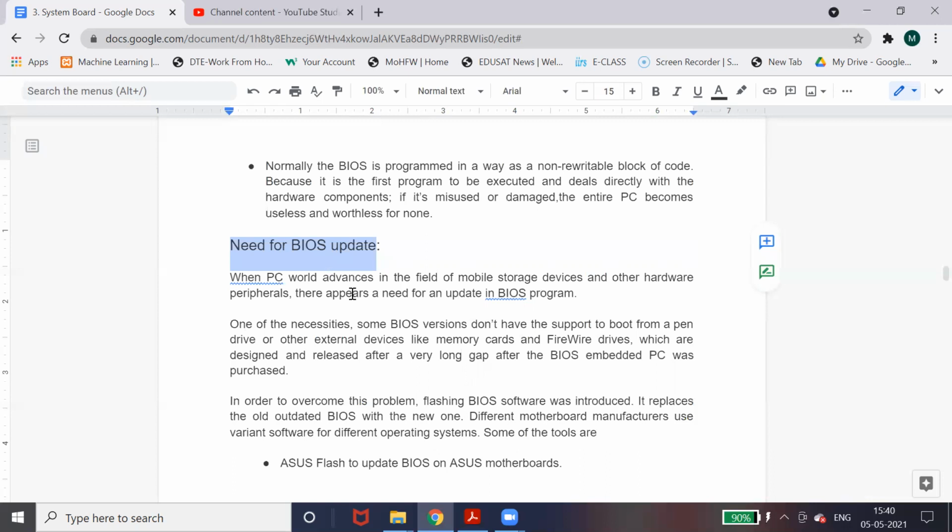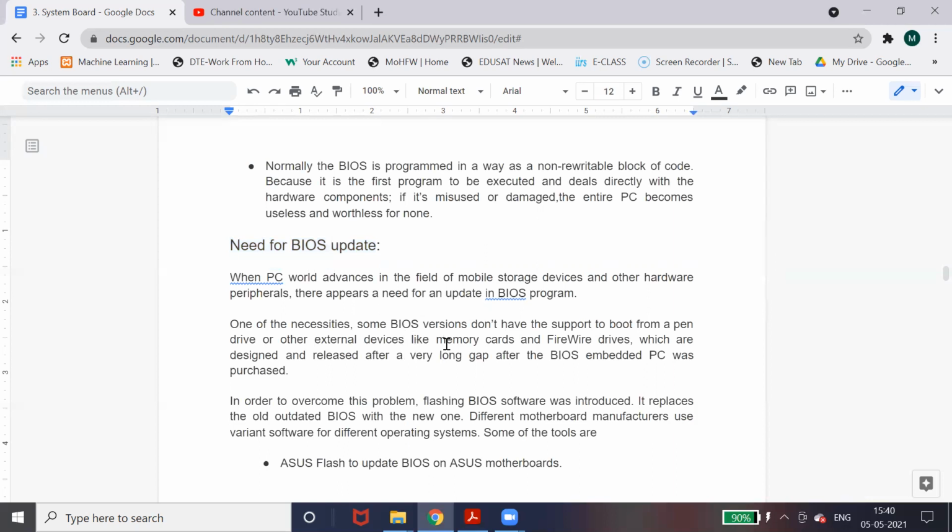Suppose we purchased this computer in the year 2020 or 2021, and after 10 years I want to update, because this BIOS does not support technology after 10 years. In that case, we have to update the BIOS. Now we can update the BIOS with the help of the ROM, but your ROM should be an erasable ROM. Then you can update it.